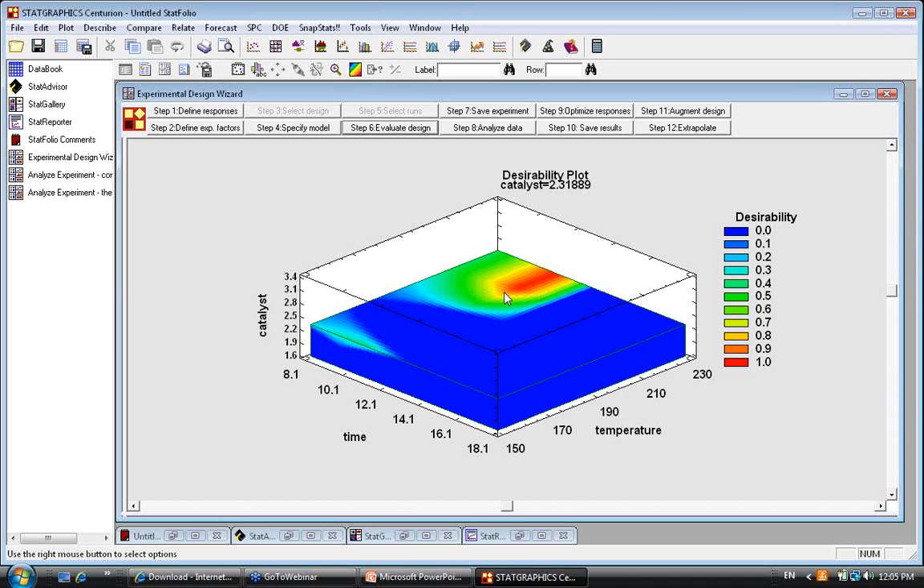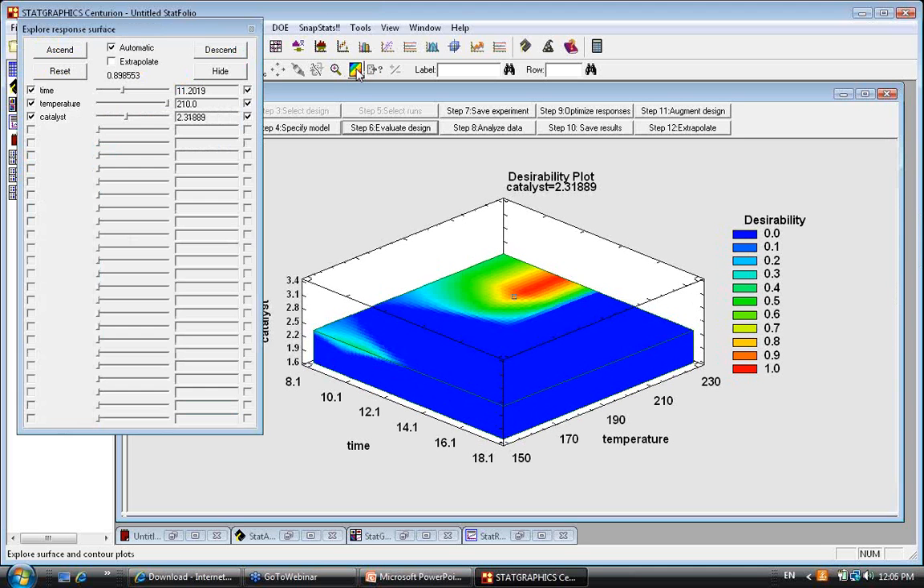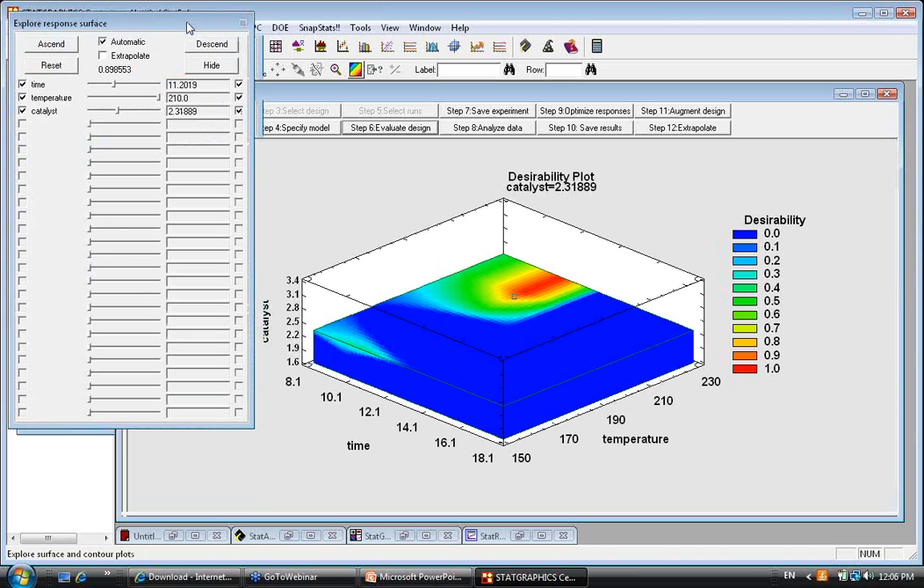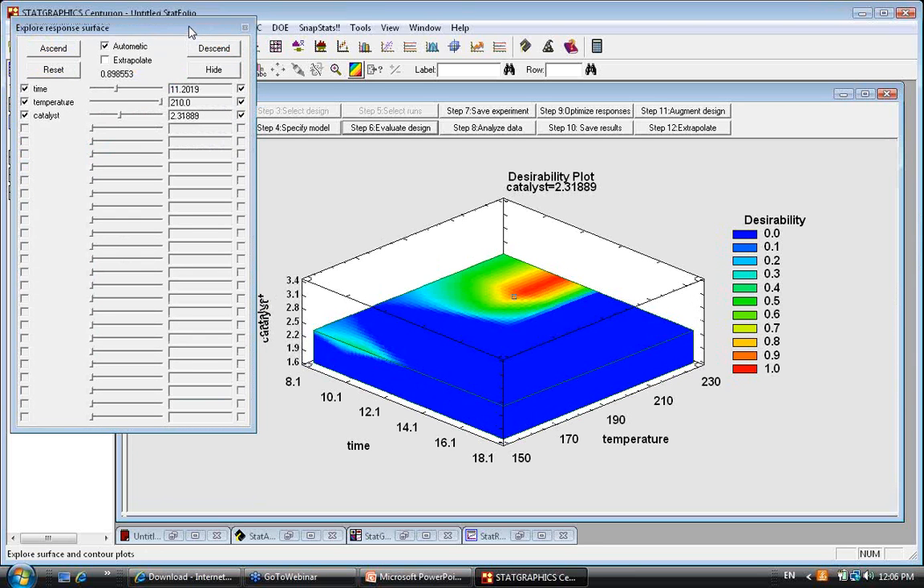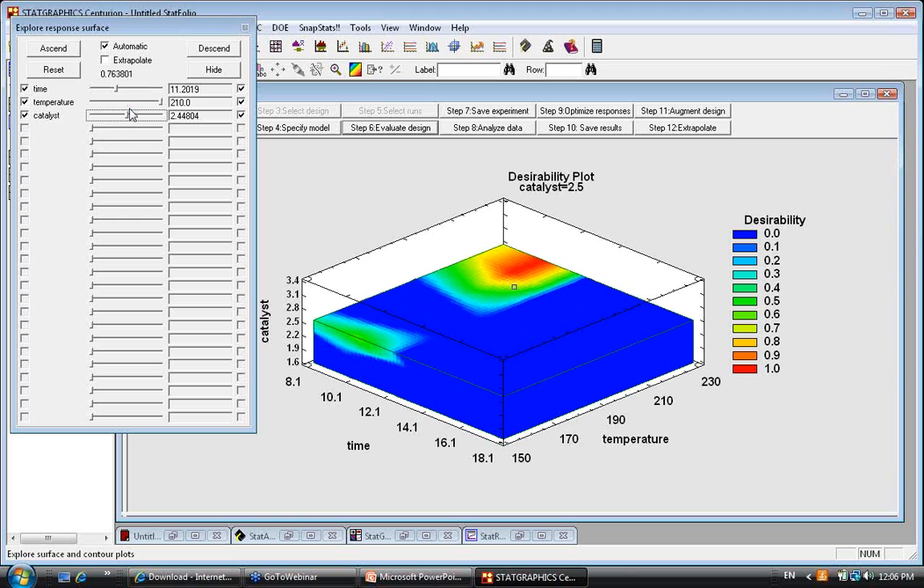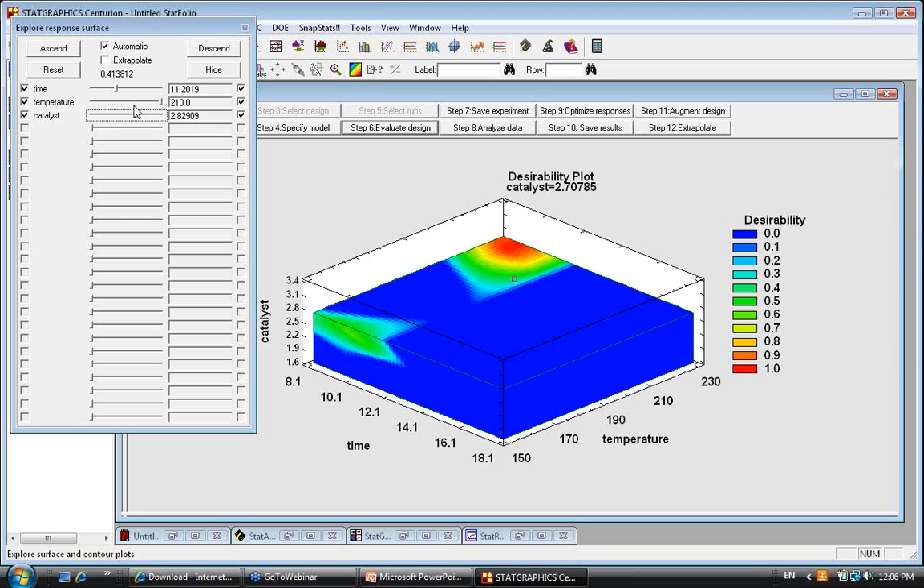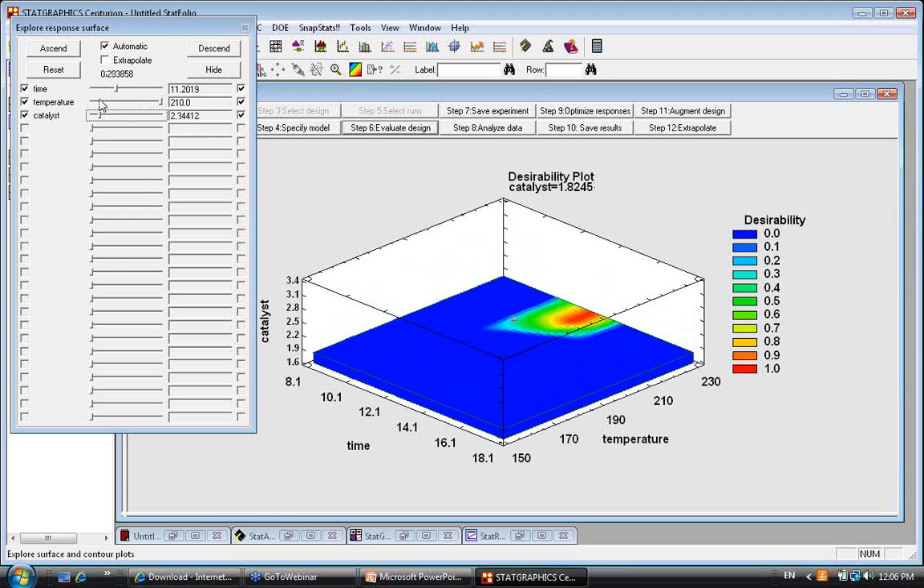Now, there's a nice new feature also in version 16 of Statgraphics, something called the Response Surface Explorer. If I push this rainbow-looking button up here on the analysis toolbar, this will open up a floating dialog box. The floating dialog box allows me to grab any one of those variables and change it. In particular, I usually like to grab the catalyst. And if I grab the catalyst, I can change it. I can lower it